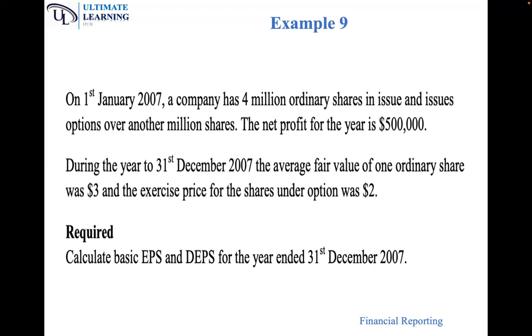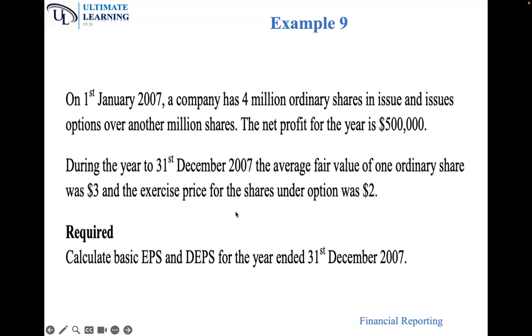Which means these potential ordinary shareholders will exercise the option because the option rate is lower than the market price. Therefore, they will gain, but the business will lose. Why will the business lose? Because there is one share that will be issued for free. The market price is 3 and the option rate is 2. So if these people buy at 2, we will be losing 1 for every share, because at a market price of 3, we'll be issuing it at 2. So the bonus will be 1.